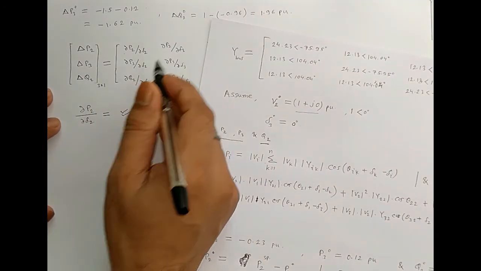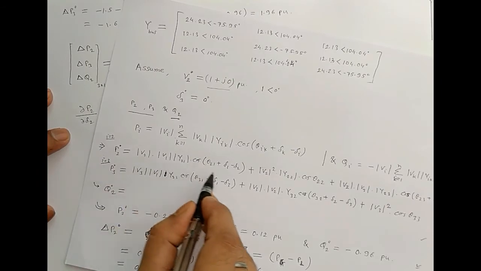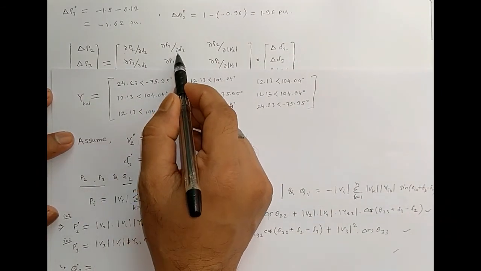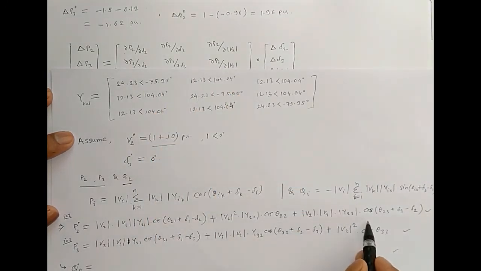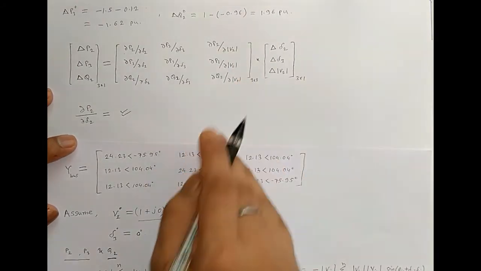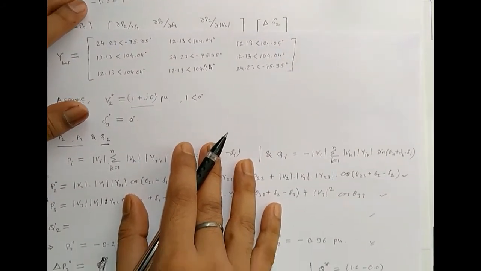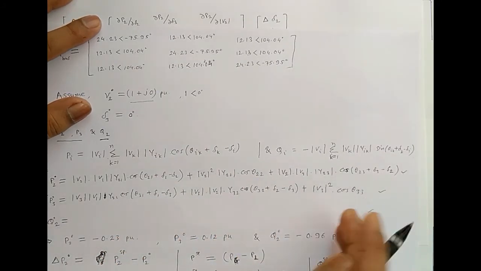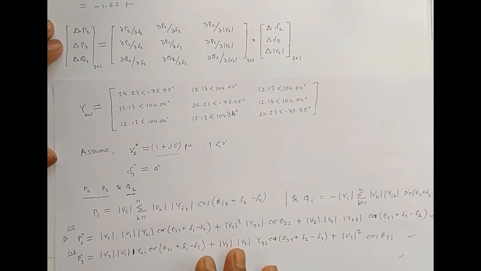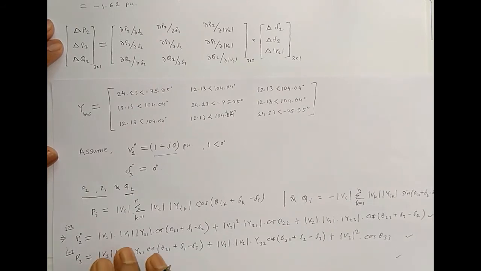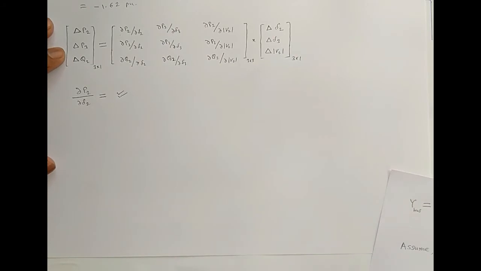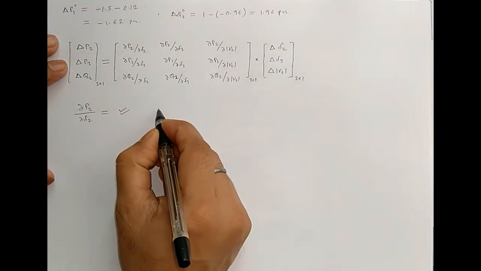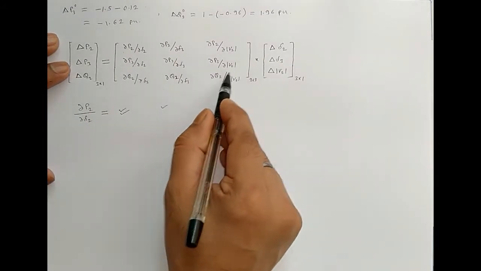In the similar way, this equation will be different. We have to differentiate this equation with respect to delta 3. Again, for the third term, we have to differentiate this equation with respect to V2. And in the similar way, with the help of calculators or MATLAB programming on computers, you can calculate the complete Jacobian matrix by differentiating with respect to all these elements.